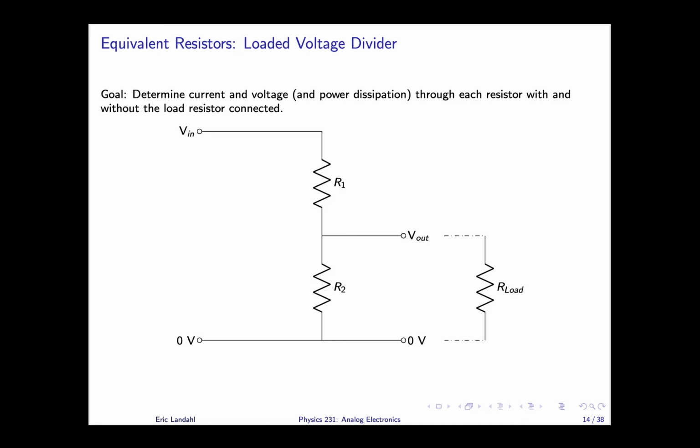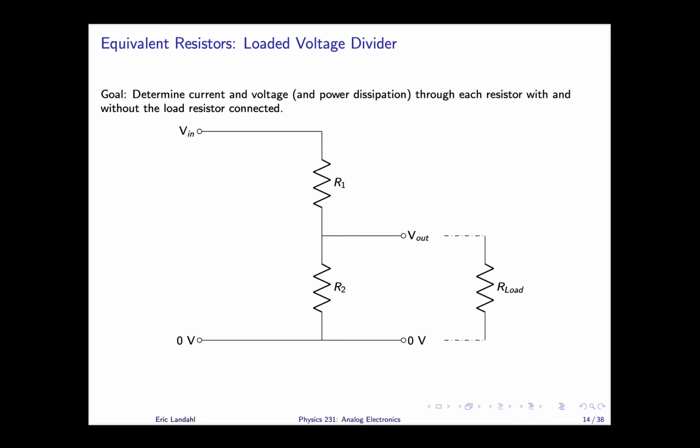Let me also introduce one other equivalent resistance circuit, which is extremely important for our purposes, which is the loaded voltage divider. Now, the voltage divider consists of two resistors in series, R1 and R2. But then across the bottom resistor, R2, we're going to attach another resistor, which we'll generally call the load resistor, or R load. And the question is, what is the current and voltage through each resistor on this page, all three of them,